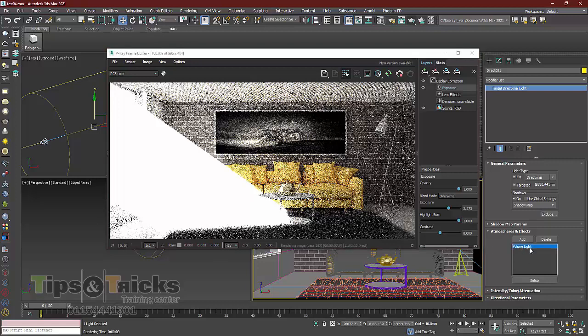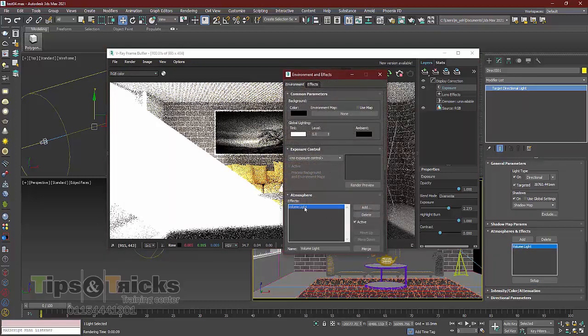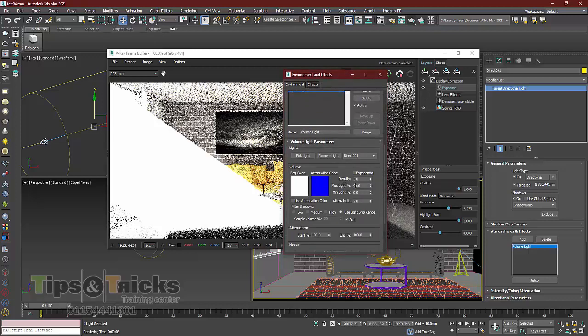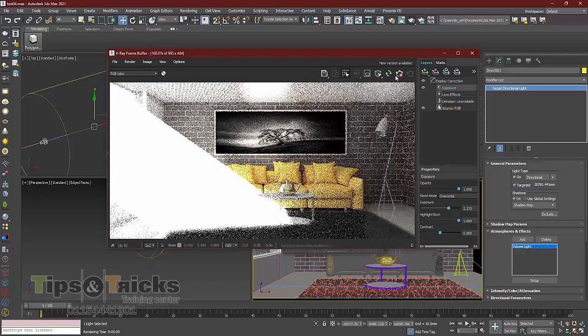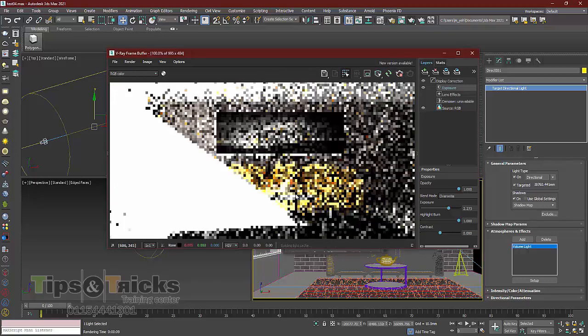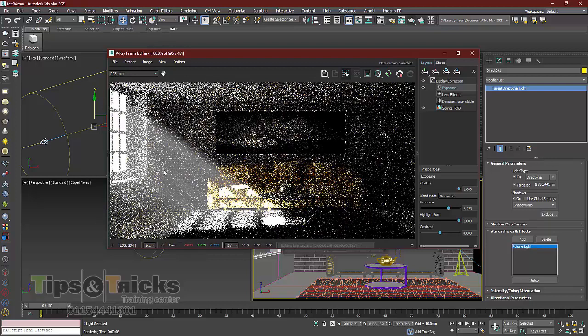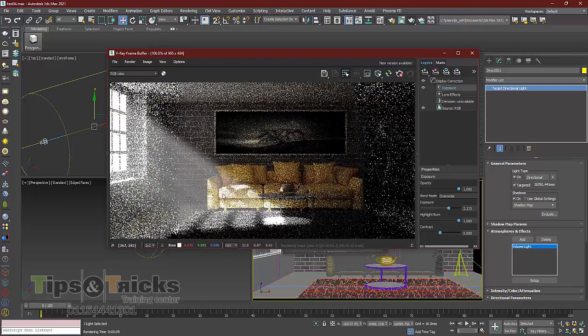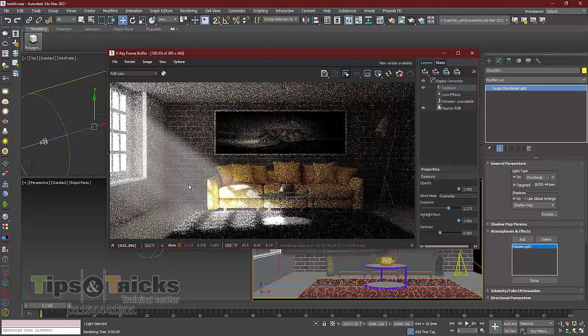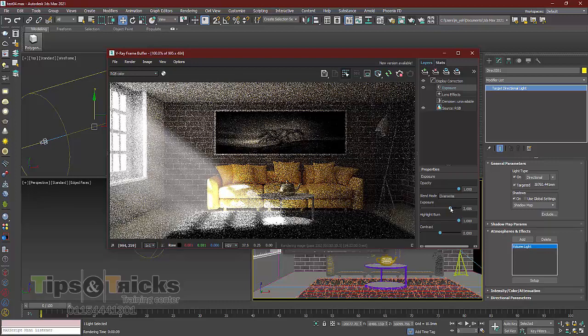I'm gonna go to the volume light and enter the setup mode, and you have to choose it, and from the density I'm gonna lower the density to 0.01. Of course it depends on your situation. Then I will stop and refresh the render, and as you can see, it started to be a little bit good. Of course, you can adjust the value depending on your scene. And I'm gonna raise the exposure a little or lower it like this. So as you can see, here is the light effect, the fog effect, in a very simple, easy, quick way,